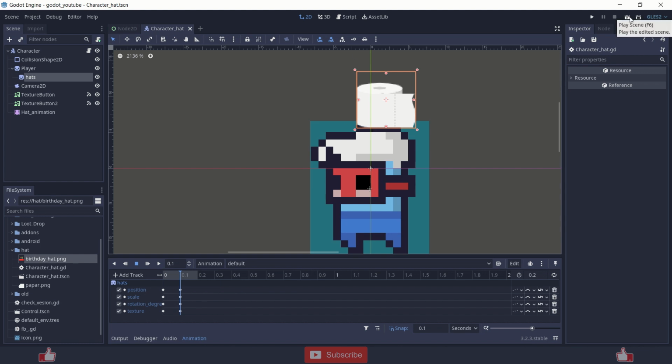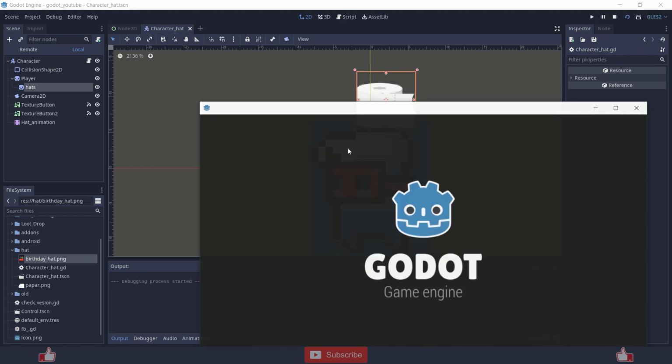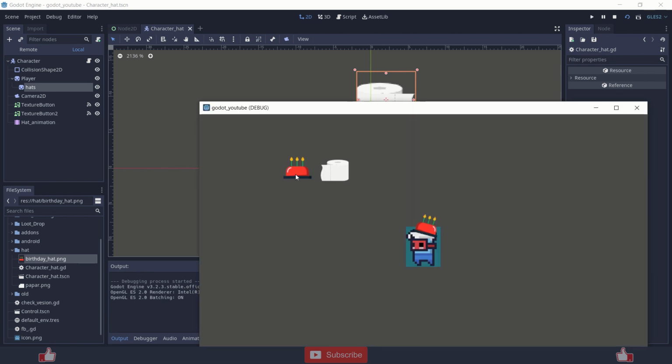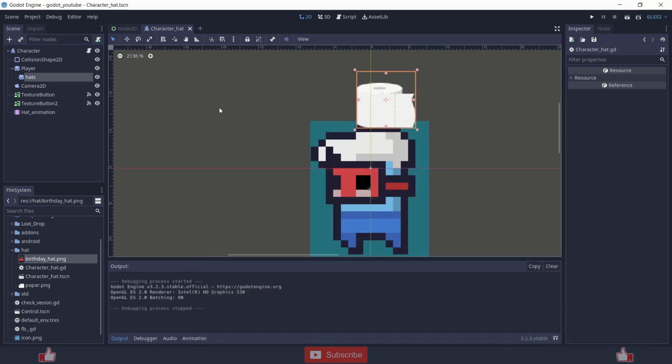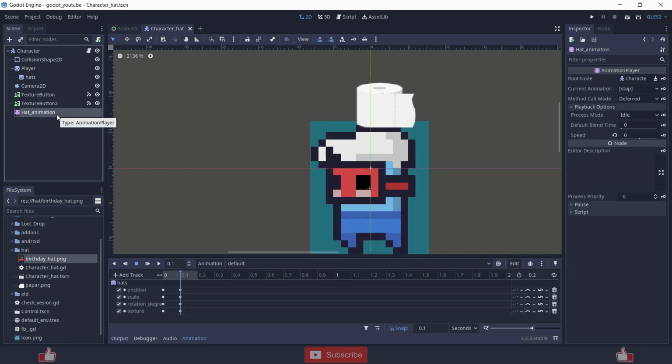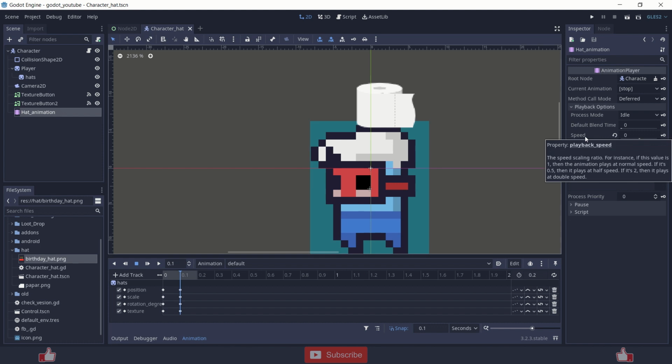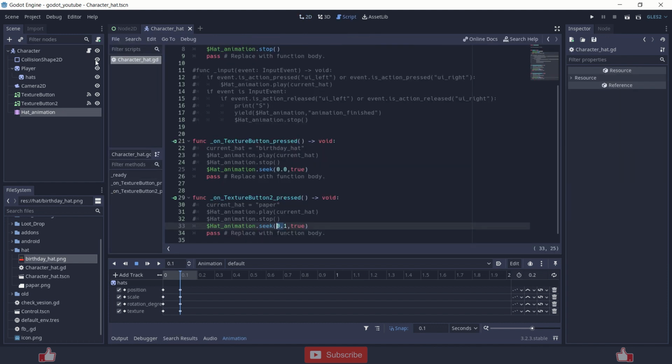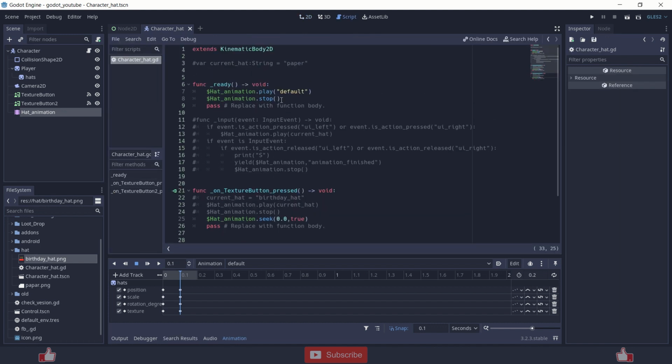So let's play this. See, and in the animation I have changed the speed to 0, so that it won't show any error. In this you are stopping the animation at ready.